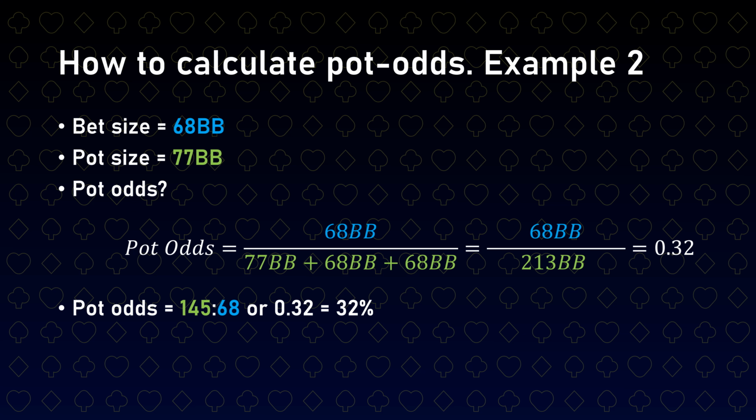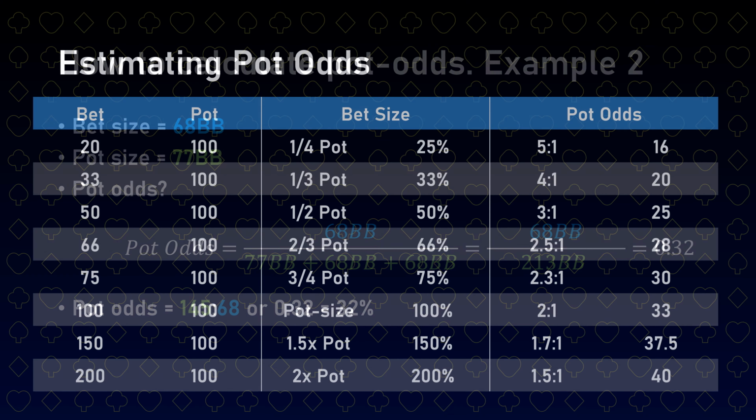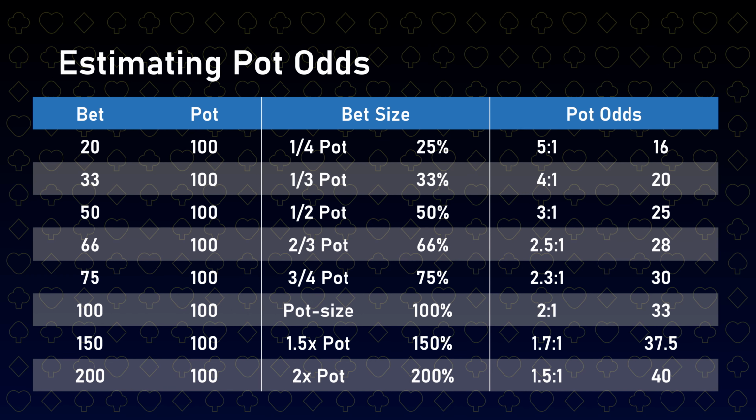How the hell am I supposed to calculate 68 divided by 213 at the poker table? Well, there is a simplification we can use in combination with estimation. Here we have a table that if memorized can give a great estimation to real-time pot odds. This table shows us a lot of information about pot odds based on the bet sizing in relation to the